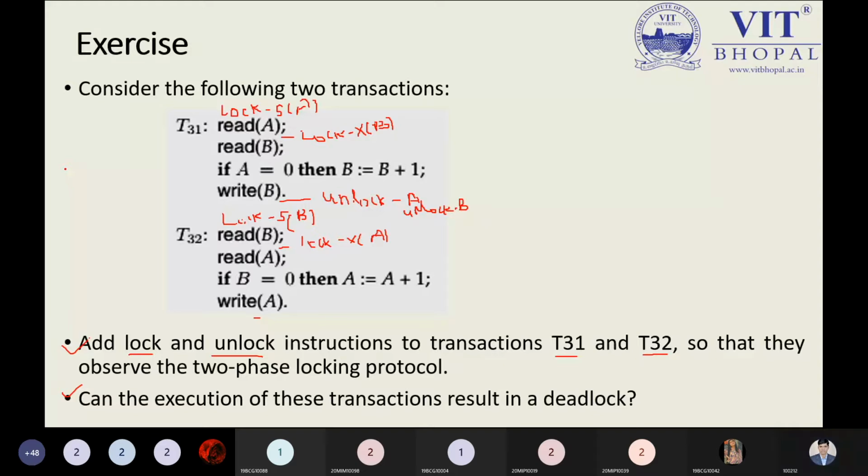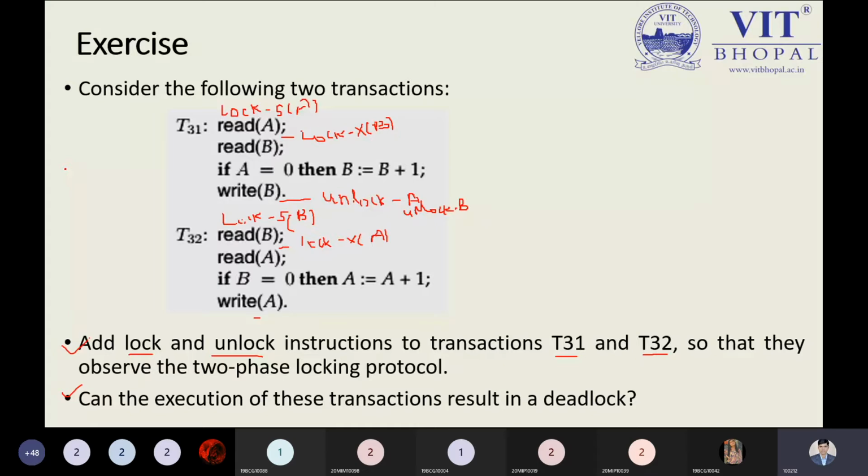Just listen. Transaction T31 and transaction T32 are the two transactions which are part of the concurrency control execution. Here we are handling the concurrency problem. We could write T31, T32 in serial mode, as a serial schedule, but we are not following serial schedules. We are understanding this concept inside concurrency control. First you can use the lock S A where you apply the read operation, and then you can apply the lock B by the other part.